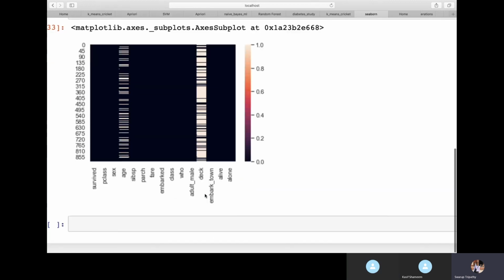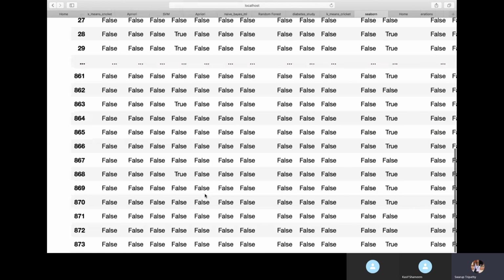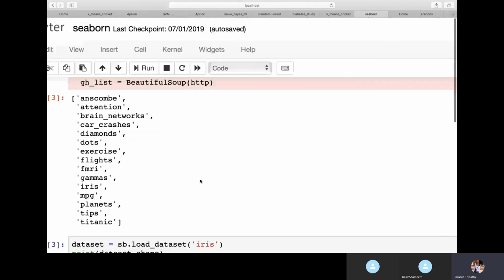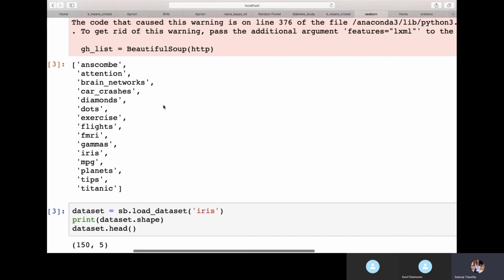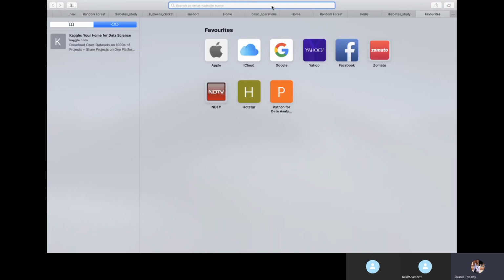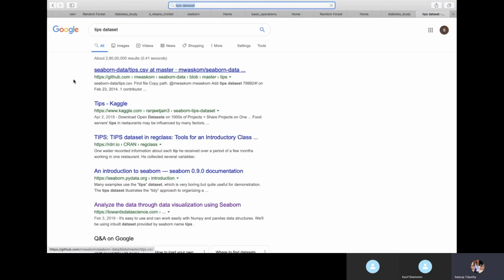Okay, so this is how we visualized our data and got some more insights. Now, your task is this: one assignment which you can do. In this data set, there is something called tips, right? There is a data here called tips. If you type over the internet tips data set, it will show you that Seaborn data tips is there. In Kaggle also it shows you the tips data set. Once you go to that data set, you will find out all the details about this data.